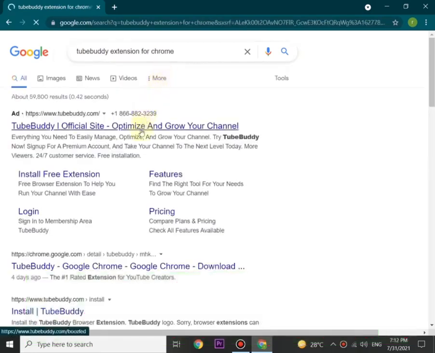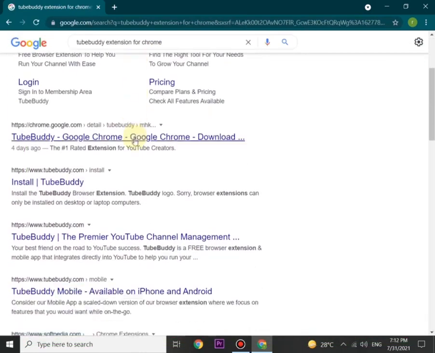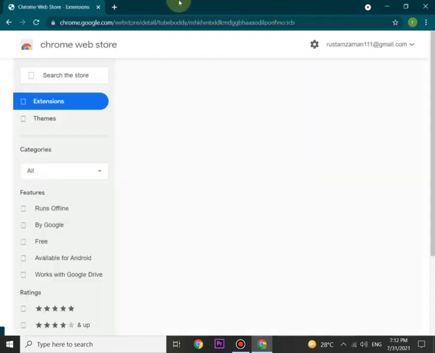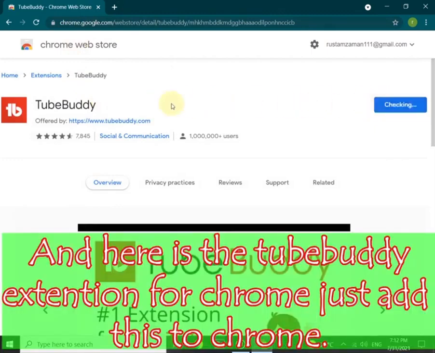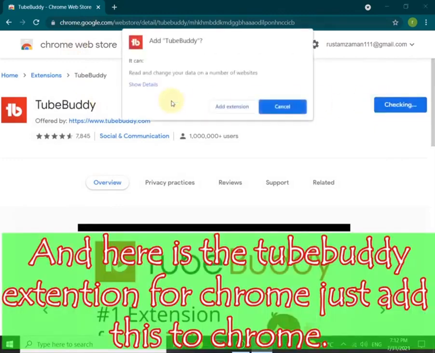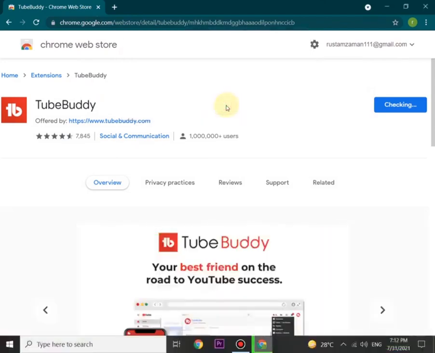Go to the Chrome browser and search for TubeBuddy. Here, you will click on the TubeBuddy link. This page will open. There is this tab, Add to Chrome. You will click on it and then it will start showing you downloading options.